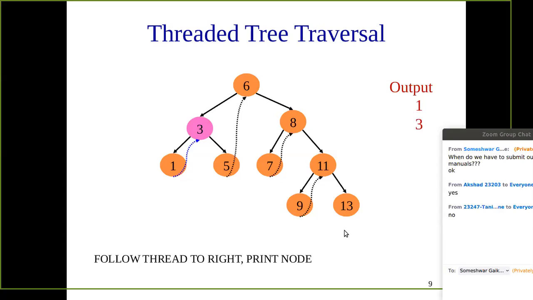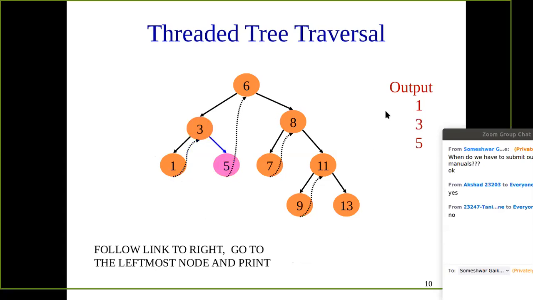Now in this case, threaded binary tree, we need not use the stack. So steps are similar, but we are not using the stack. First step, we are moving towards the leftmost side like this. So start with the 6, then move towards the 3, then 1. So this is the leftmost node. We are coming to this node, and then we are printing this node. Follow the thread to the right till the thread is not equal to 1. We can follow the thread, and then we can print the node. So we can print the 1 here in this case.